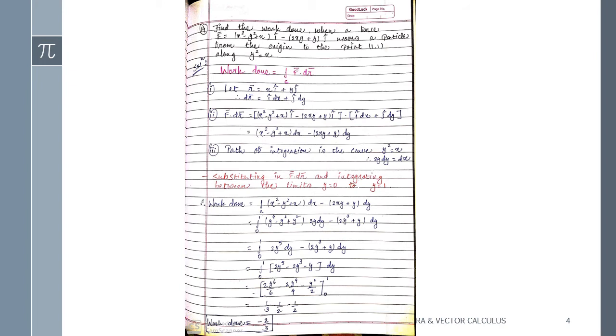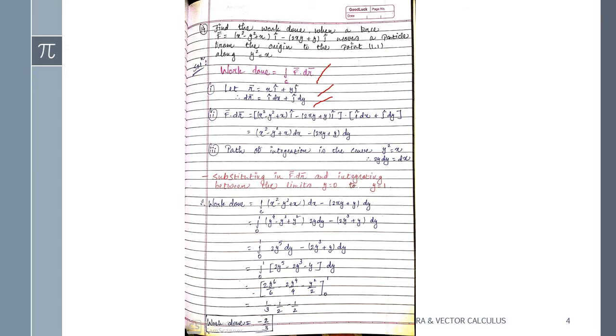First note down the formula of work done; here I have written the integration over C of F dot dr. Now let's start with step 1. In the first step you have to write its position vector, so I have written xi plus yj. Now you can apply dr, so that will be i dx plus j dy. Now in the second step you can do the multiplication of both functions, that is, F dot dr.